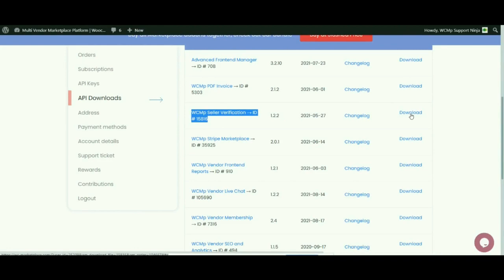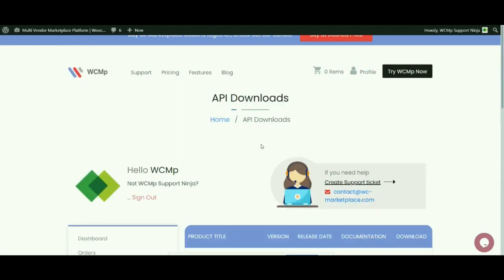This can be downloaded easily once paid, and after the activation of the API keys, the vendor verification gets fully activated on your site. For further details, view the video on the WCMP extension installation guide. So without any further ado, let's jump straight into the video.